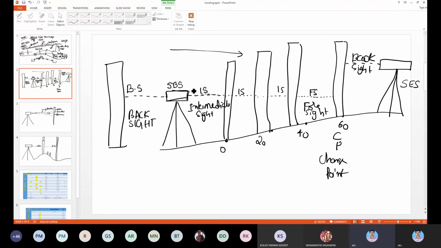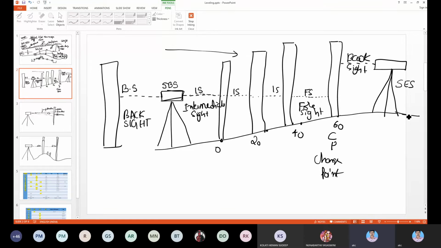So we did this. We took the backsight at the starting point, then intermediate sights. When further readings are not visible or it is difficult to focus, we take the foresight, then shift the equipment in front of the staff and take the backsight. Let's say the road goes like this. We continue further, move the staff forward, and take the next readings. Like this we did, it is an experiment basically. I hope you understand what is backsight. Backsight means the first reading you take with reference to some datum or assumed benchmark.